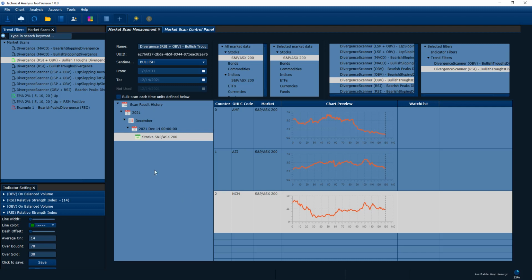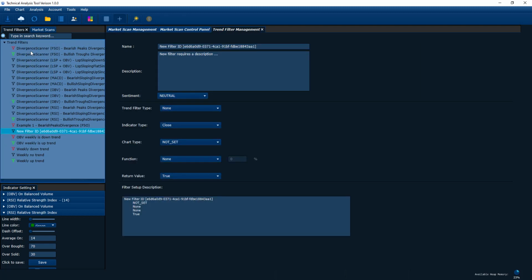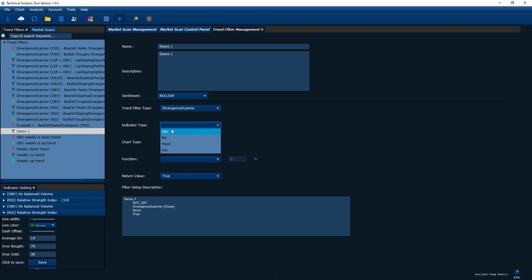So let's examine the second one, which is the bullish sloping divergence. Same thing. If you want to create such a trend filter, you right click on it and select add filter. Let's do another demo one. So everything is pretty much the same, but this is Divergence Scanner. For the different types, you still need to pick the indicator type, but the sloping type, the bullish sloping divergence, will not